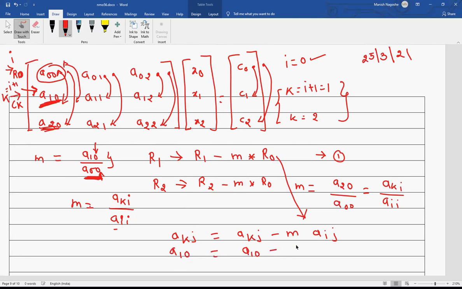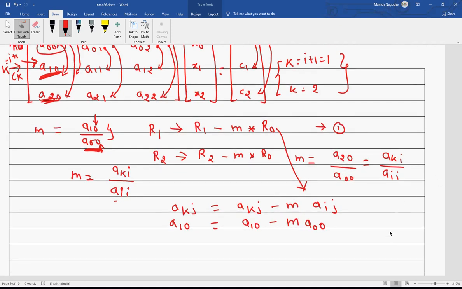So this is A10 minus m, whatever the value of m, and I will be 0 because I always stays 0, so A00, and J is also 0. So you can see this operation has been performed, which I was looking for.